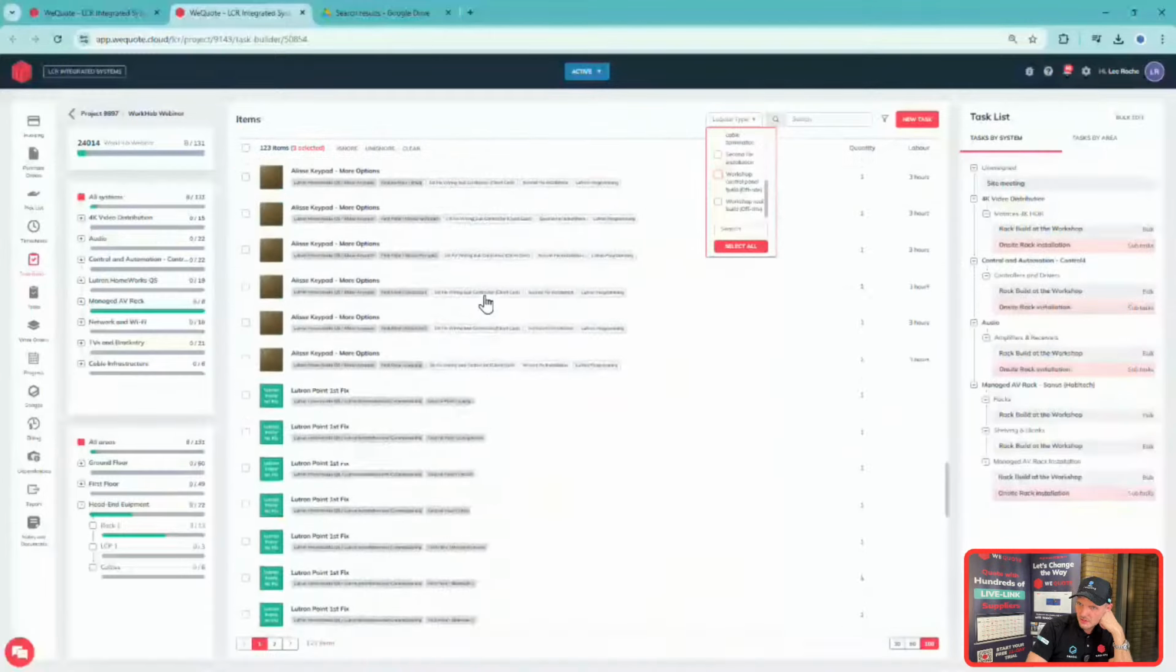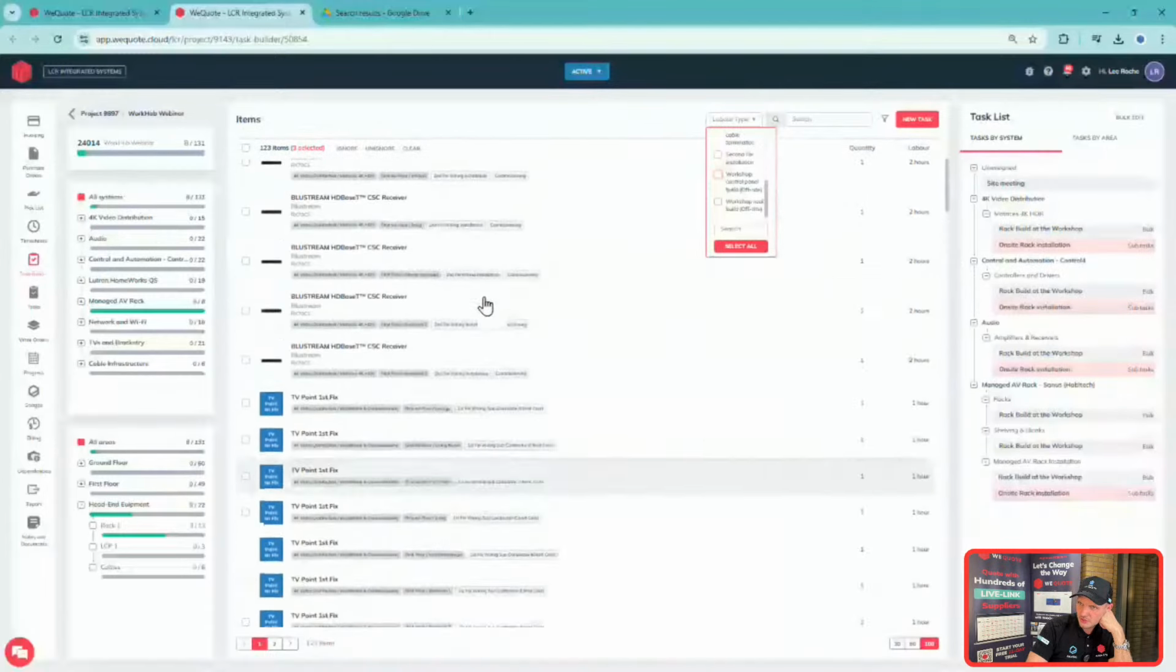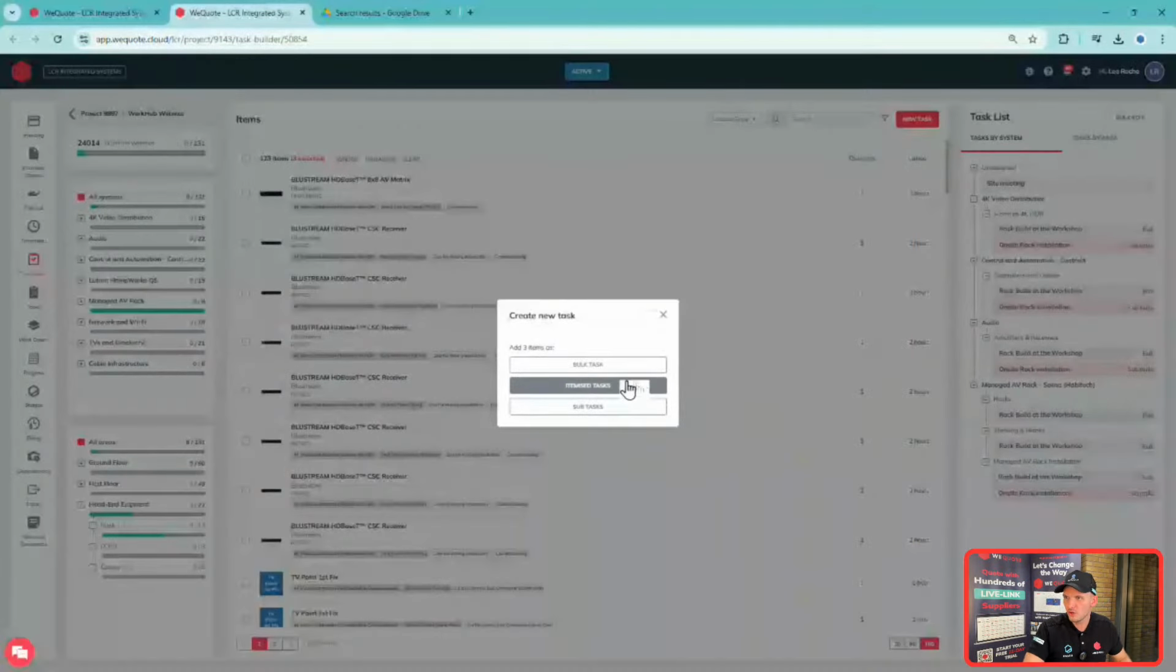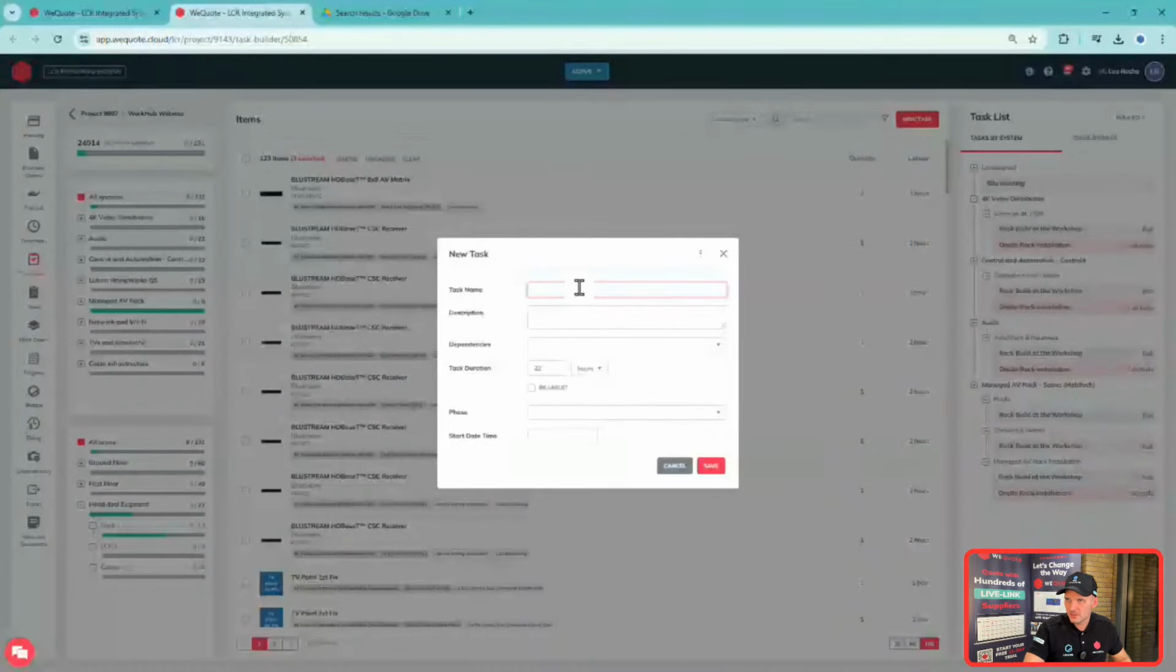No, that's fine. I did have a panel in there, but I've missed it off. And then I'm going to go new task now. So I've got those 3 items selected. I can say new task, and this one, I'm just going to do a bulk task, and this will be